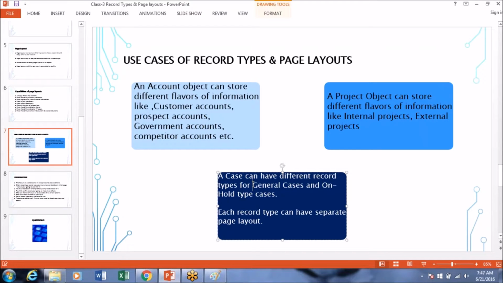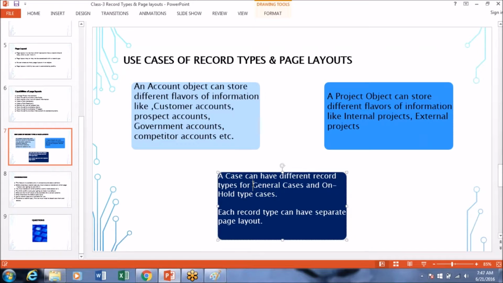We reply asking him to send some details, like when he purchased it and what the model number is, because based on that only we are able to provide a solution. When we reply, if he doesn't come back to us for 1 week or 3 days, it is impossible for us to solve his case. That kind of case will go to on hold. They are called on hold cases.